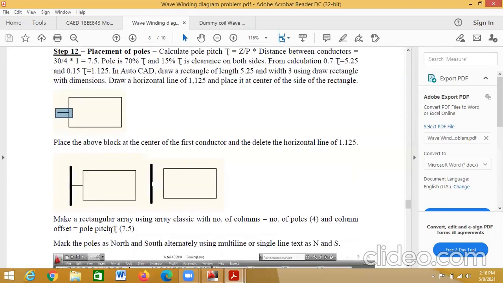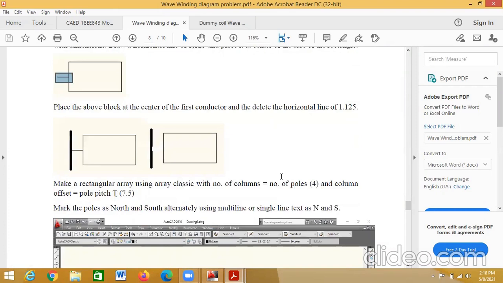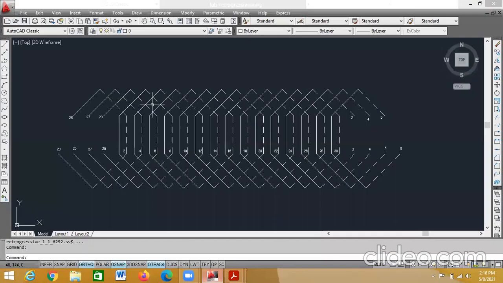Then make a rectangular array with number of poles as 4, and the spacing should be 7.5. Same thing I'll show you. Now go for draw rectangle. Again, I am repeating, draw rectangle. Select the first corner point it is asking. Click somewhere on the drawing area. It is asking specify other corner point or area, dimension, rotation.